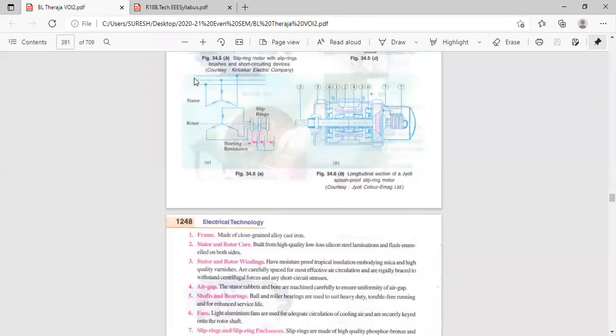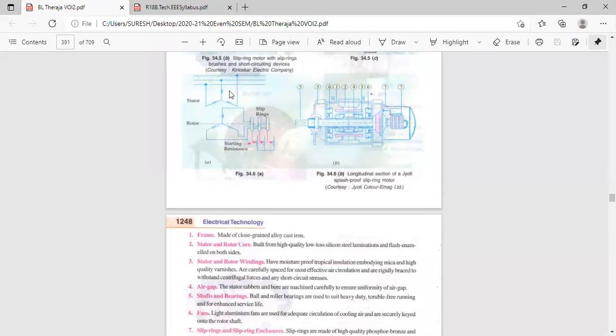When connected to the three-phase supply, with three-phase voltage, current will pass in these three windings. When current is passing through these three windings, three magnetic fields are developed. Let I1 be flowing here. Around I1, one magnetic field is developed. Around I2, one magnetic field is developed. Around I3, one magnetic field is developed. Let us take phi1 as the flux here, phi2, phi3. Three fluxes are developed, and these three fluxes are linking with each other. There is a relative motion between these three fluxes, and one resultant flux is developed.